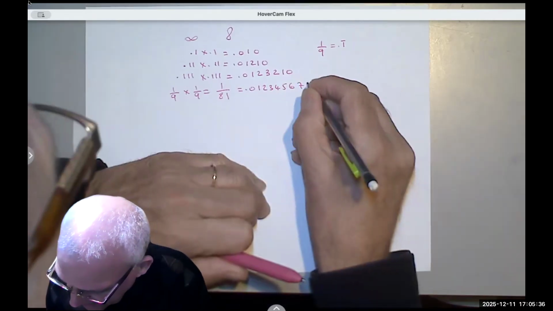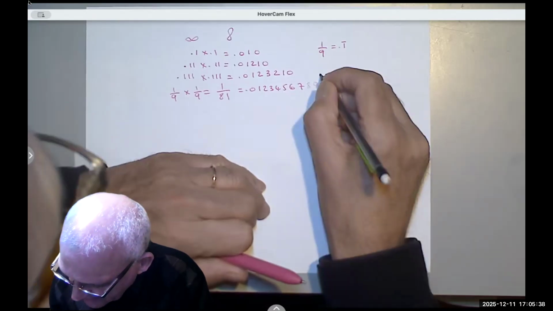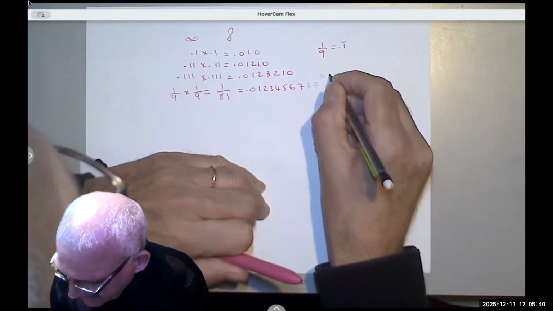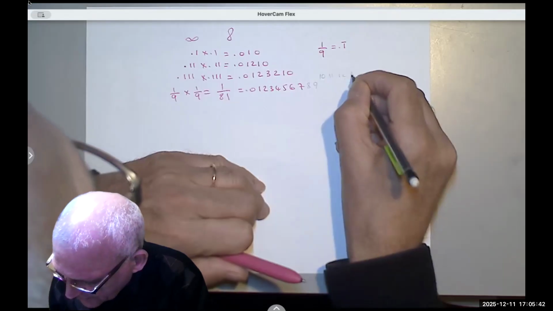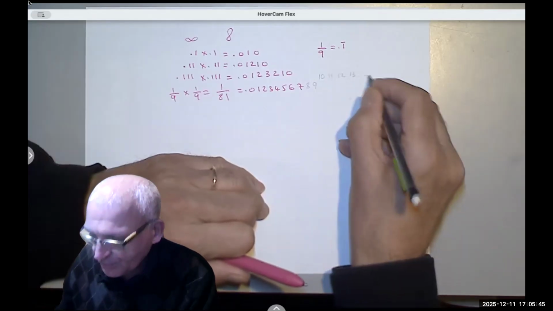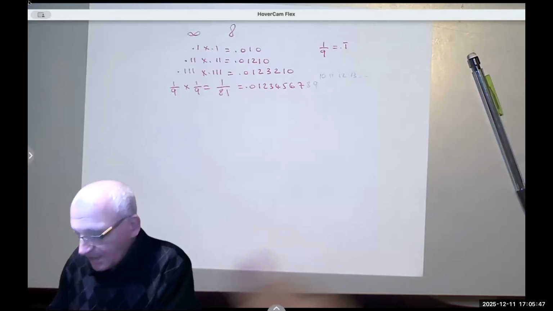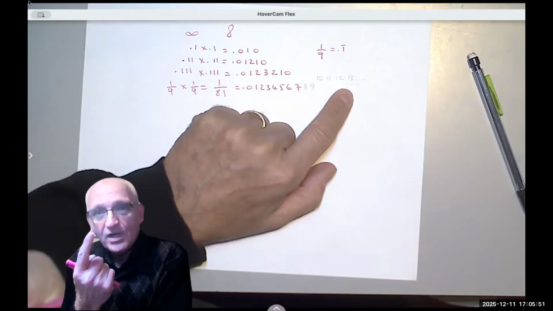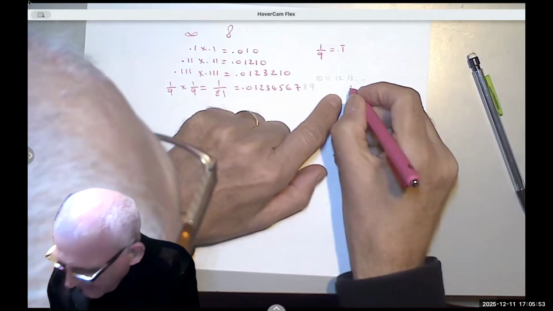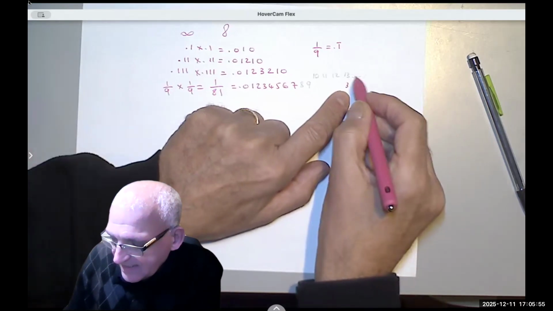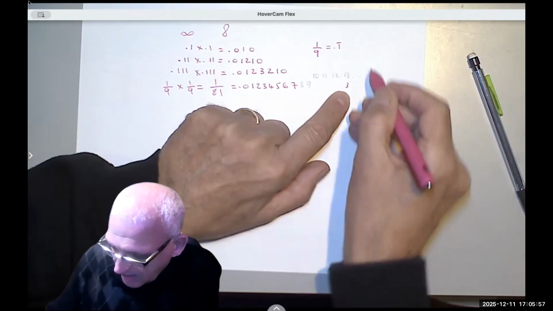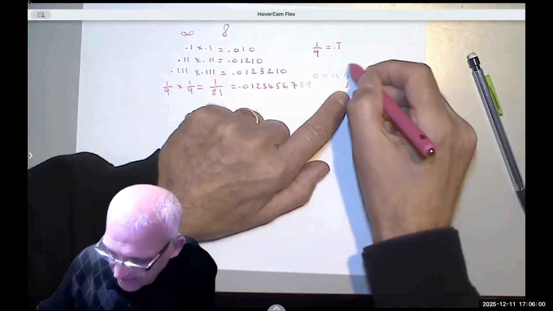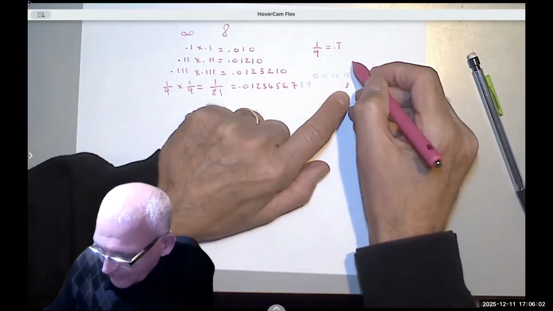Theoretically, 8, 9, and then you should get here in this slot 10, and then 11, and then 12, and then 13. Let's stop here, but we know that it goes forever. This 13 cannot be written as 13, right? Because it's only one place. So you write the 3, and notice that the next one is 14. So the one of it will be carried over to make the 13